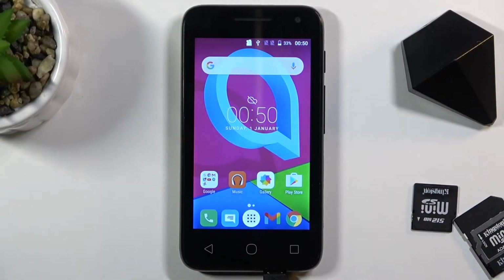Welcome. In front of me is an ALCATEL U3, and today I'll show you how to wipe cache partition on